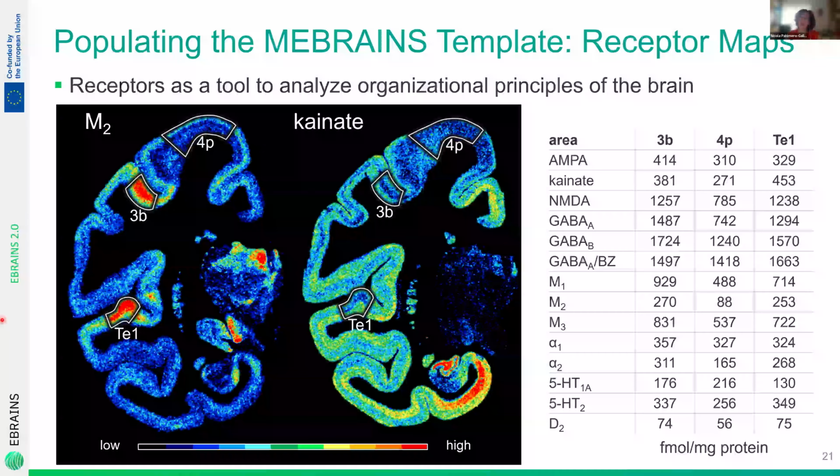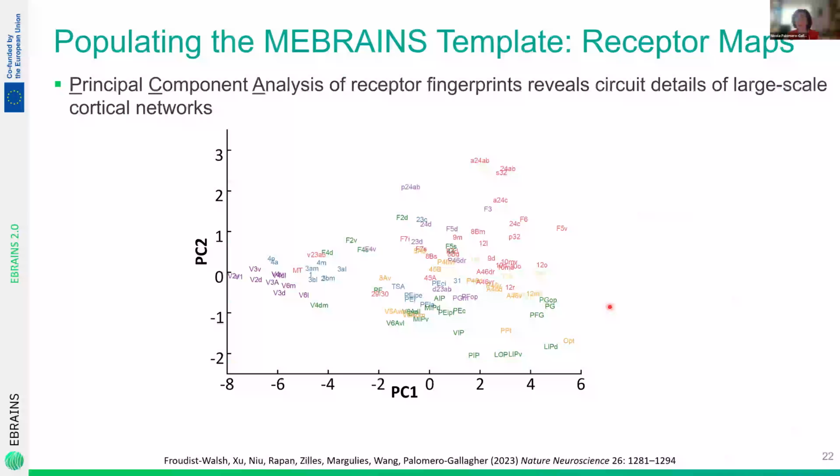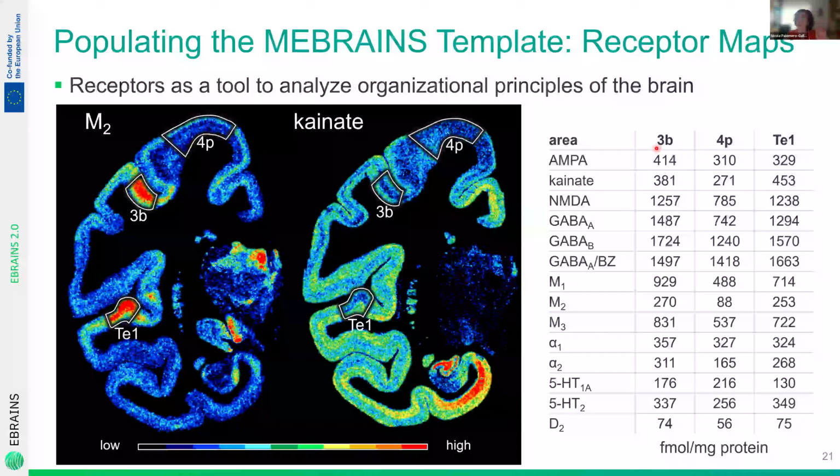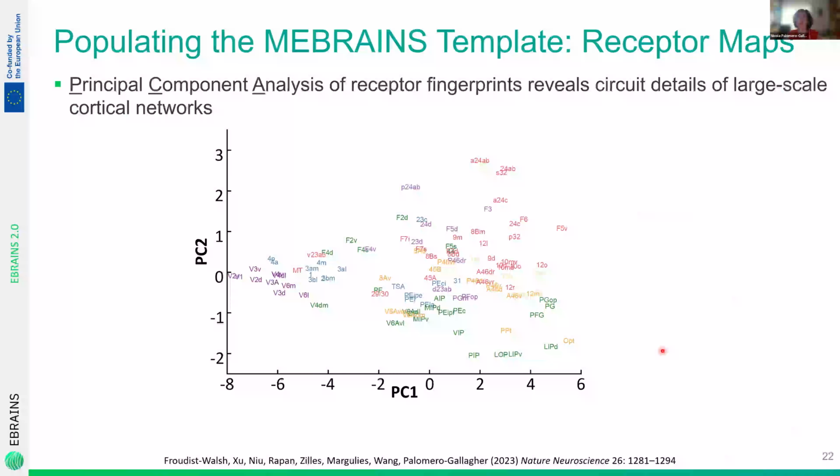So what we did was extract this kind of data here for very, very many areas throughout the macaque brain. And then we performed with that data a so-called principal component analysis. So each one of these names here represents a single area of the macaque monkey brain. And for each one of these areas, we have this kind of information here. Okay, so all of that is integrated to